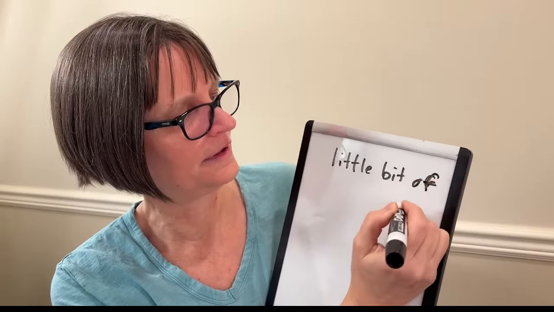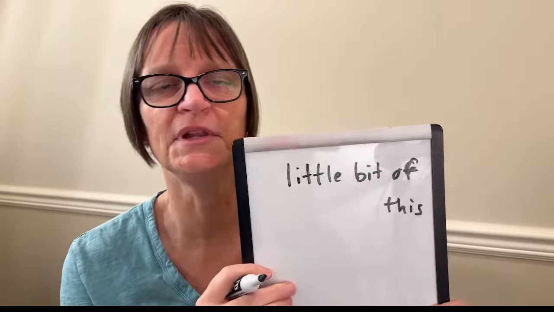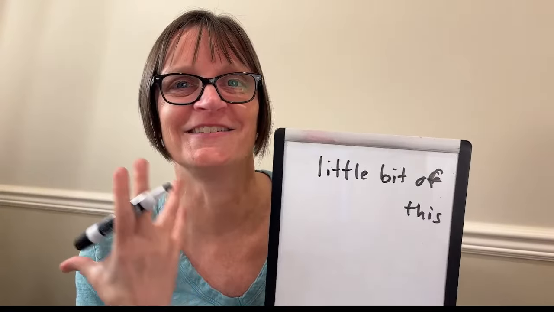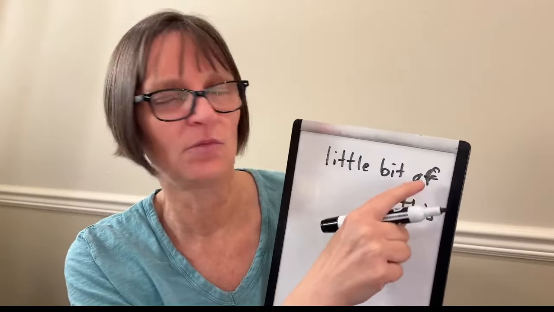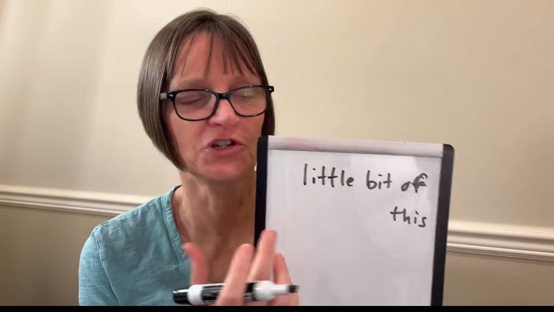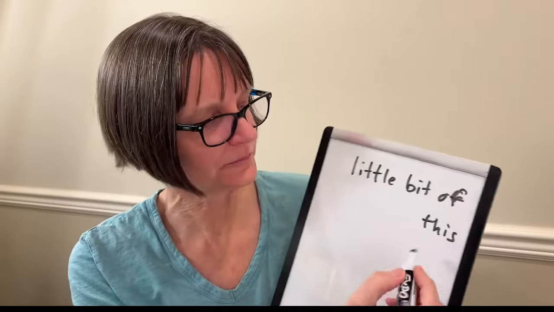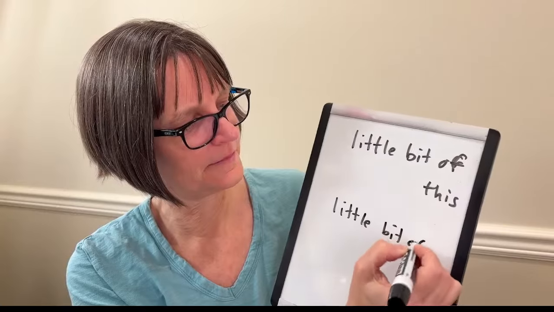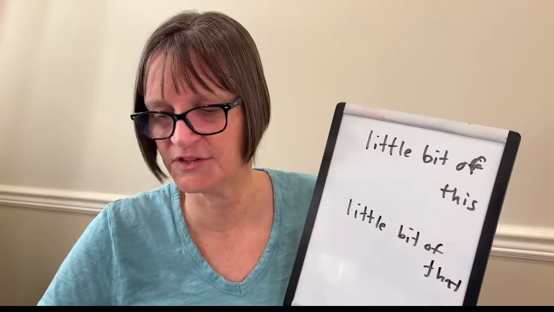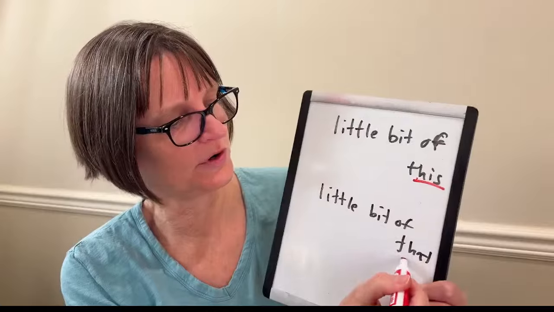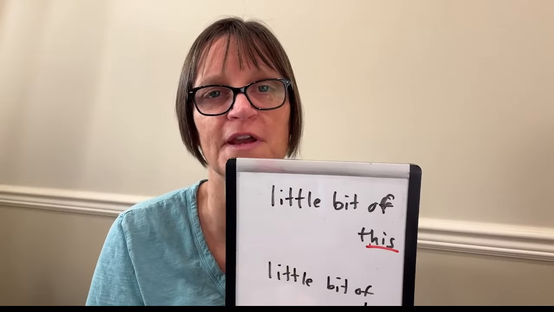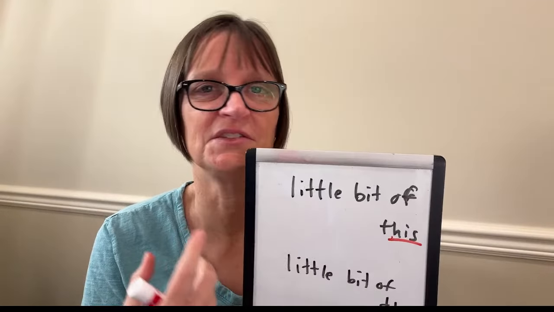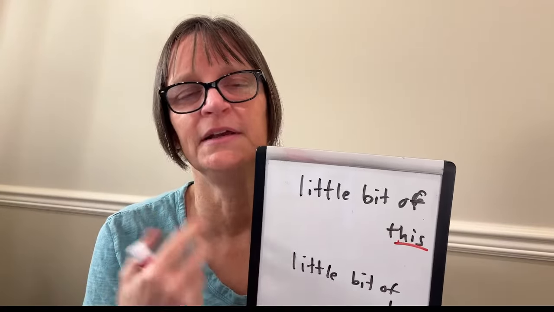of this." So normally in something like "little bit of this," little and bit would be more important because that's an adjective and a noun. And words like of and this are not as important. They're structure words. But in this case, because we're doing "a little bit of this and a little bit of that," suddenly this and that become a lot more important because they're what changes between the two phrases. And so I'm using stress here where I normally wouldn't. If I'm saying "this is a little bit" or "that's a little bit," this and that are not important.